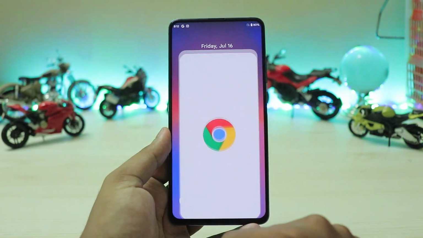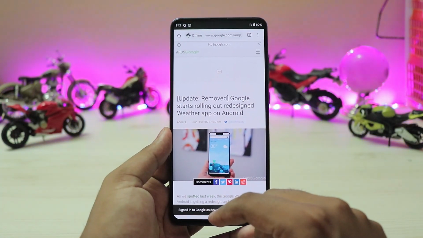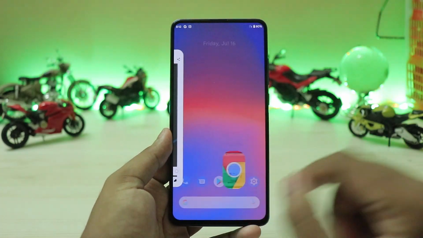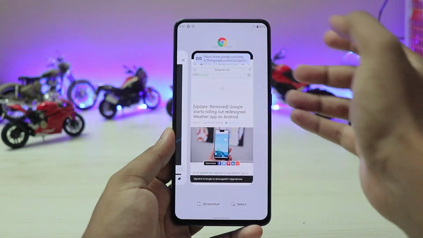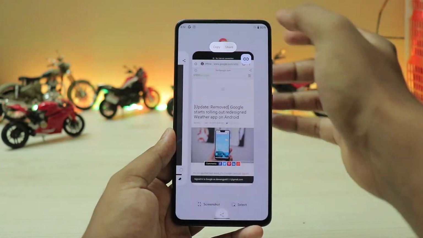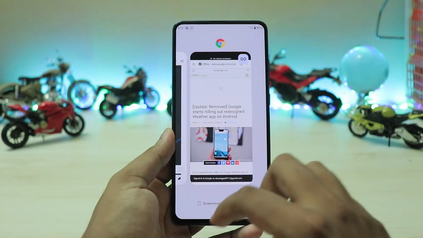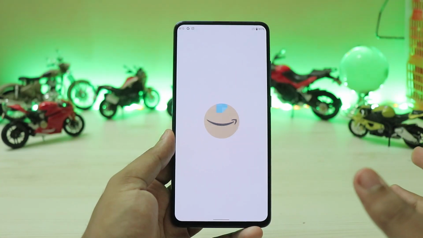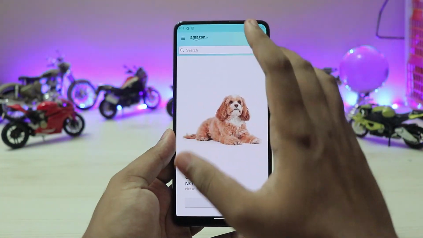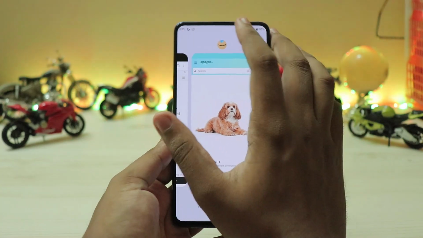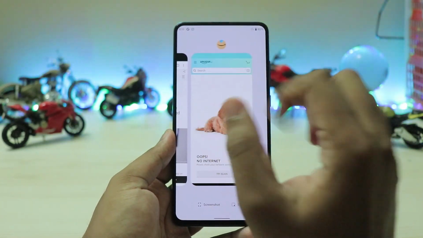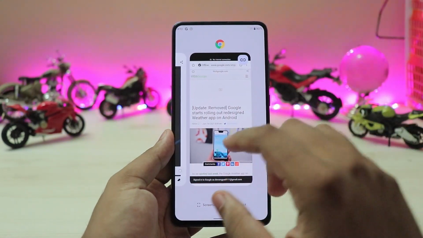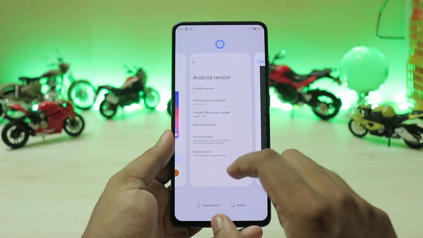But just going through the recent apps panel, thing is, even if you just have a link on, now you can share the link right over here. Yeah, you can copy it or share it with your friends, but the API isn't that good. So for example, an app like Amazon, which is pretty web based when compared to Flipkart or Myntra, you can't just copy the link from it directly right over there. You have to share the link inside the app. So yeah, this should be better when Android fully releases.